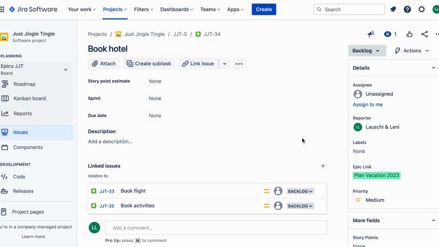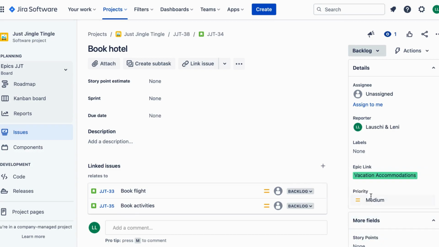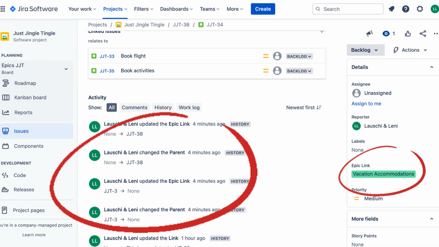To move the story to the new epic, you simply need to click on the epic link name field. Then you will be prompted to choose a new epic. And that's it. Moving stories in JIRA is a simple process that can help you stay organized and on top